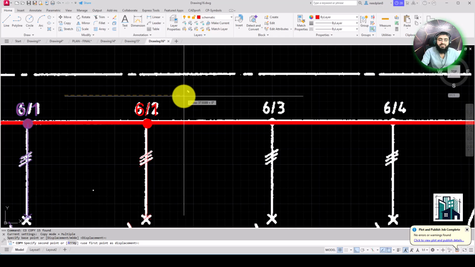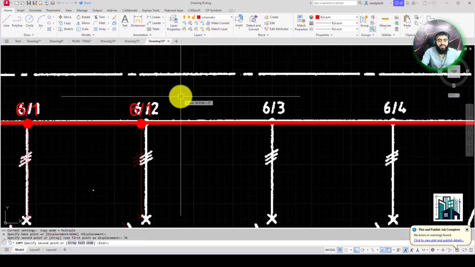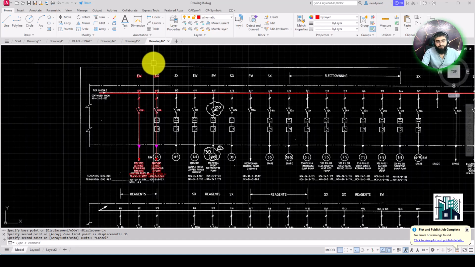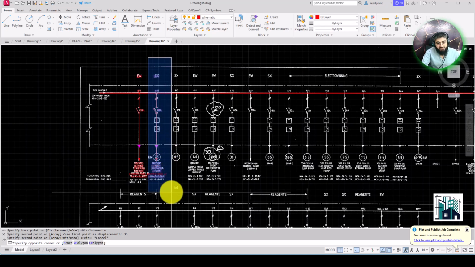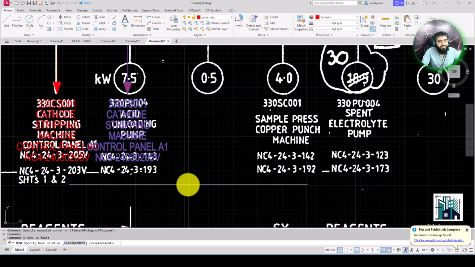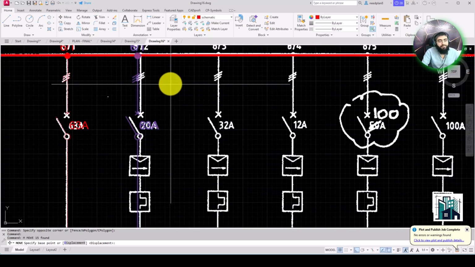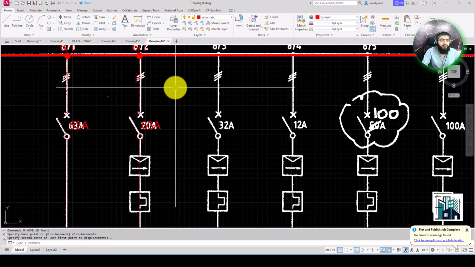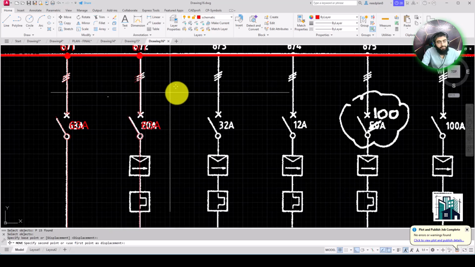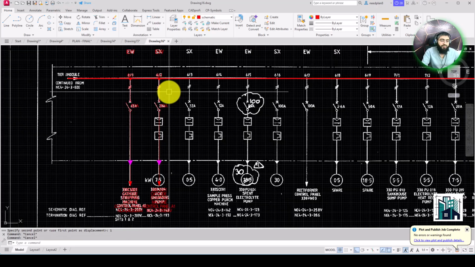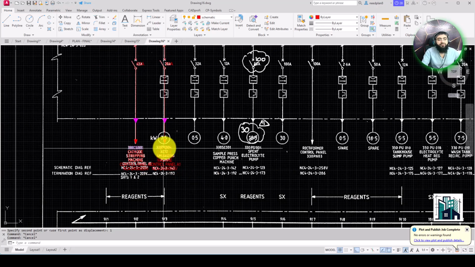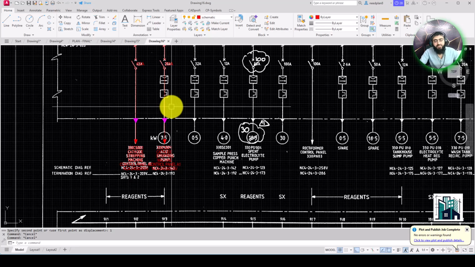So you'll have to just see that dimension and give the proper dimension, like 636. I have put 36. Okay, so you just have to select again and give the dimension again, like 1 mm, again and then again 1 mm. That will be okay. So you can move the object as per the dimension like this.